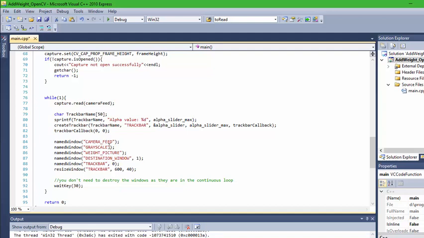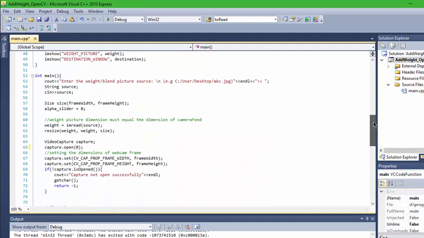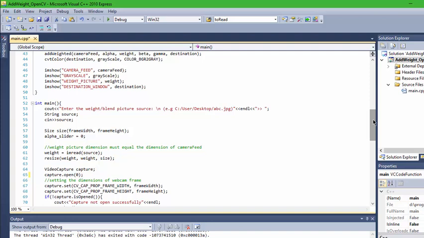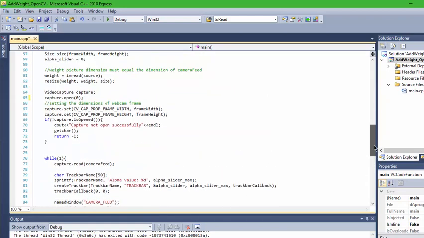If you change the name of the camera feed, it's just going to display on the title. But they are important, because whenever you want to show the camera feed that you have processed, for example the destination mat object, you need to know which window it is.